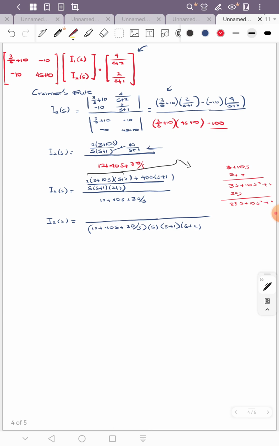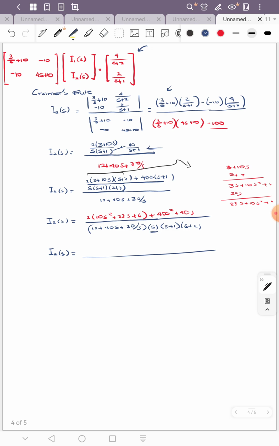Let us write 10S2 plus 23S plus 6, plus 40S2 plus 40S. Therefore, I2 of S is equal to